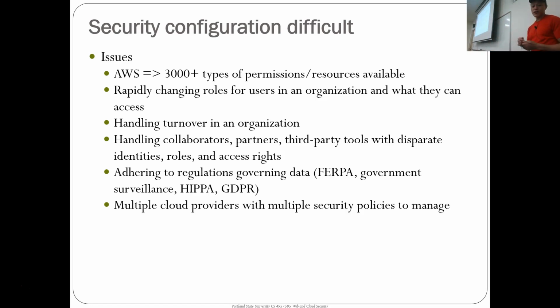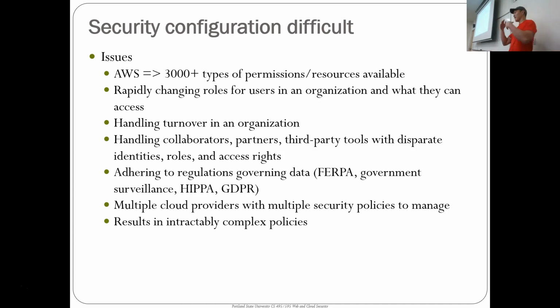If you are in a large enough company, you will find that you'll have a bunch of cloud providers to manage, right? Your software not only runs on AWS, but you have some of it that runs on Google Cloud, and then you're managing not only 3,000 on AWS, but you've probably got another 3,000 on Google Cloud, is the problem there. And then this results in intractably complex policies. We'll start on some of the security policies, some simple ones, but you can kind of see when we look at these security policies how they can turn into something really unmanageable.